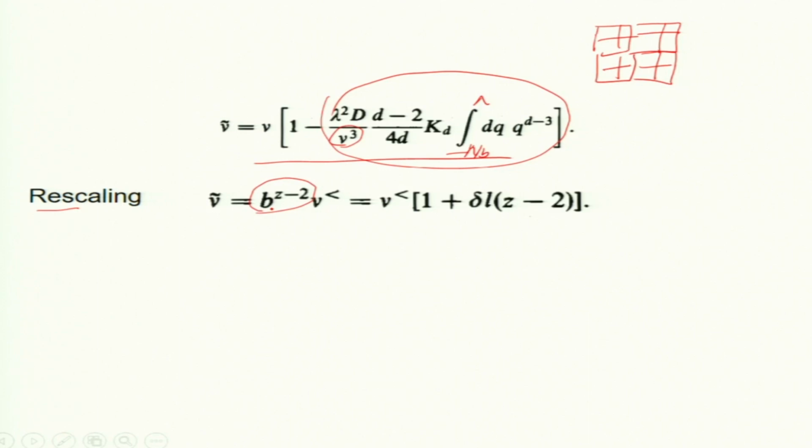The rescaling prefactor is exactly what I derived by the scaling argument. It is b to the power z minus 2. I push the system back to a small size. So, this gives you a nu, this is a nu. Okay. So, this b is e to the power l, our standard thing which we did, and you can expand for small l. So, it goes as 1 plus, so b to the power z minus 2 will be 1 plus delta l times z minus 2. So, that is what I got here.